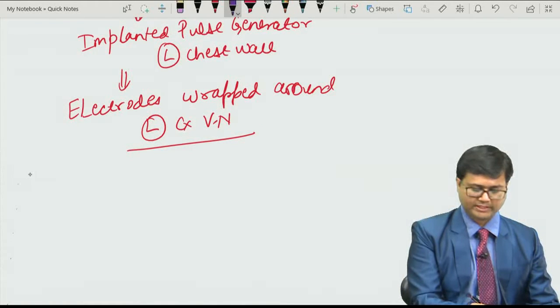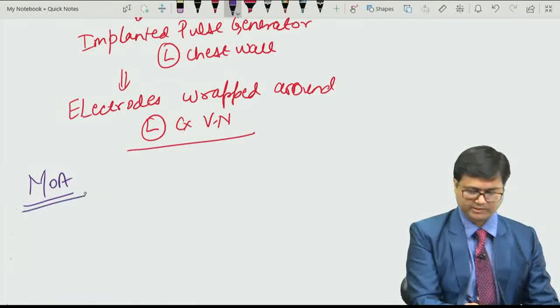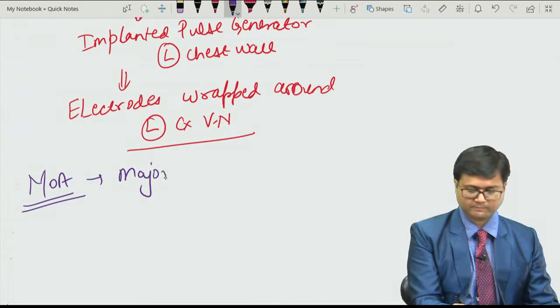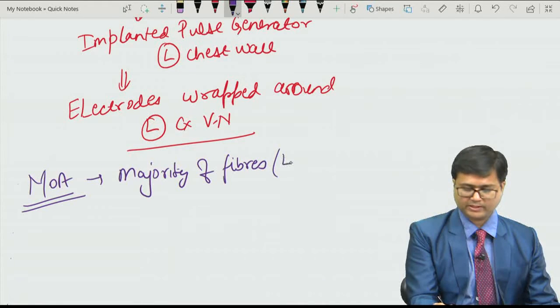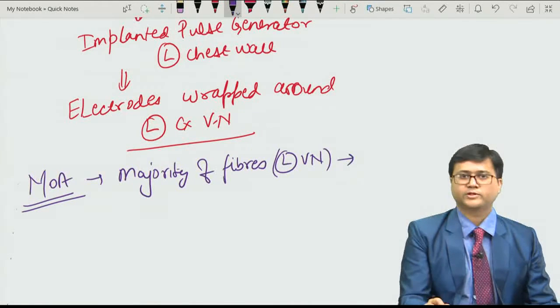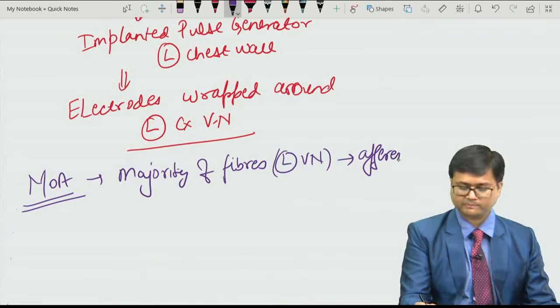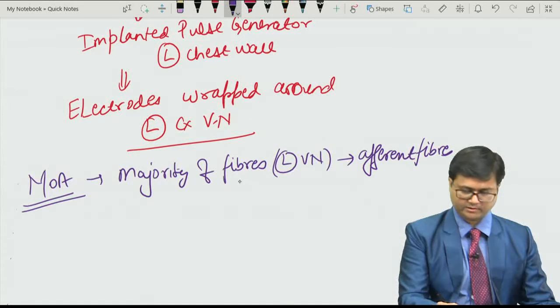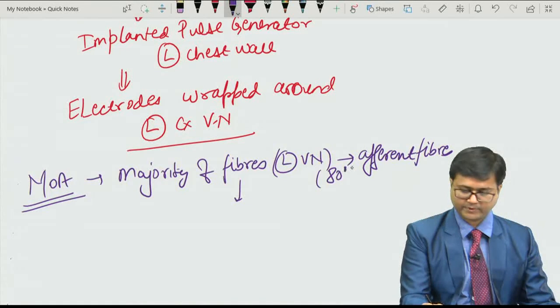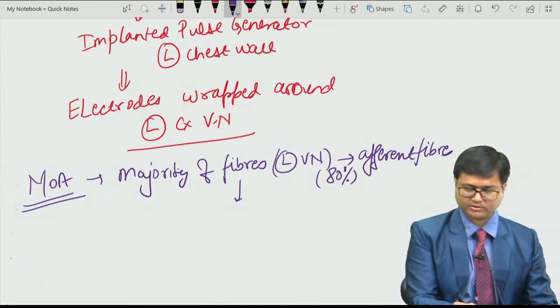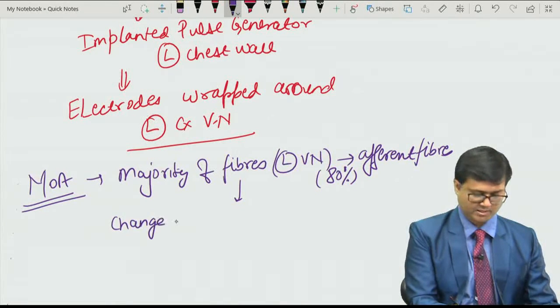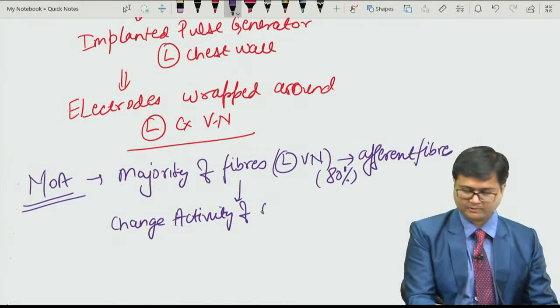The mechanism of action is that the majority of the fibers on the left vagus nerve are afferent fibers, mostly around 80% of them, and they change the activity of brain stem nuclei,